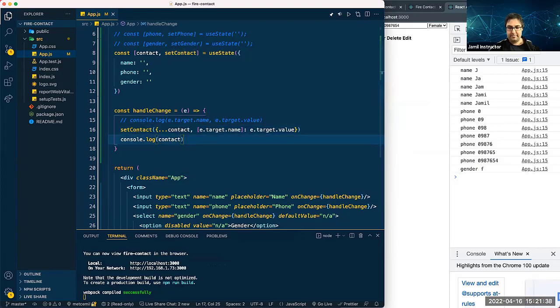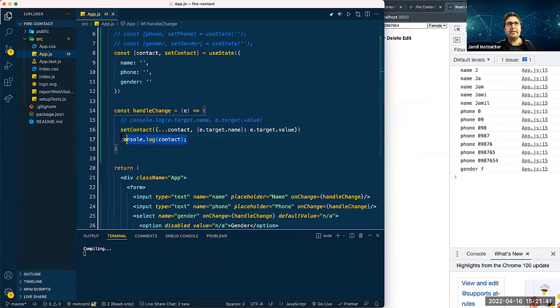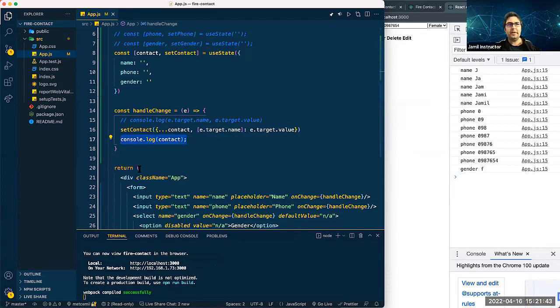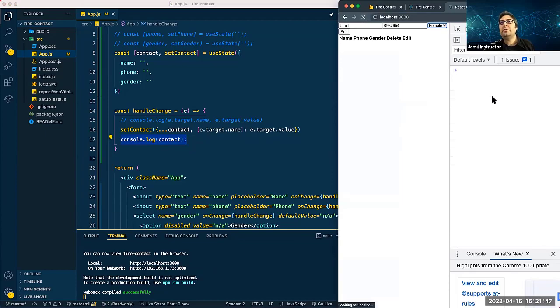Every time, this may not affect here. Maybe we need to put it in here. But anyway, let's try this first. Okay, refresh and start from scratch. Now, this time again, I am changing the name